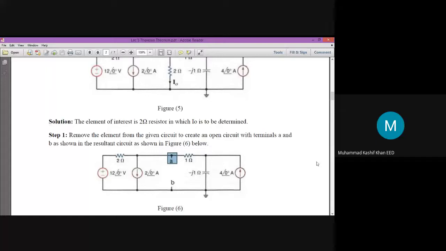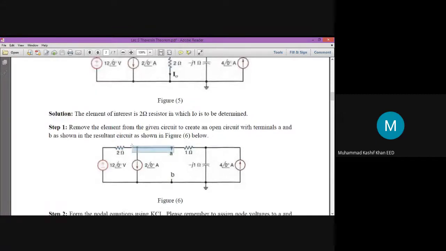Now, first identify the nodes. Before going for KCL, identify the nodes. How many nodes are in the circuit? Basically, there are only 2 nodes. First node is this one. Second node is this one. So there are only 2 nodes. These 2 nodes are one and same thing because there is no element in between these 2 points. So these 2 nodes are acting as only one node. So I have named this node as V1 and this node as V2.